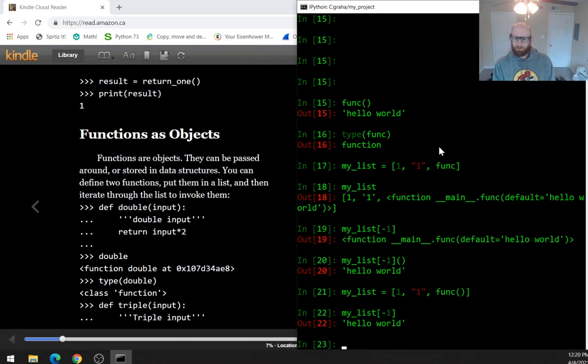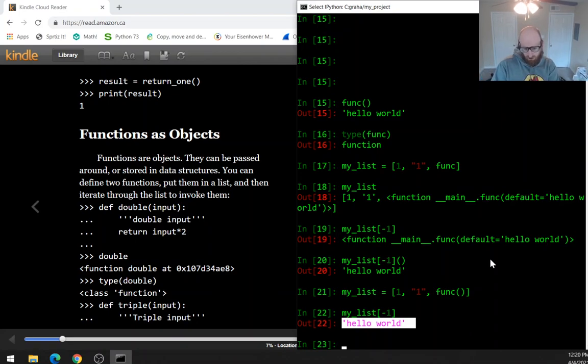So for the non-invoked form, in order to invoke it, you need to include these parentheses, and we can see here, we can just reference it without including the parentheses and just see the function without it being invoked, or we can invoke it by including these. If we pass it the invoked version, the only way to see it is after it's invoked. So we might as well pass it just what it returns. I think passing the invoked version is probably not as beneficial as passing the non-invoked version, because